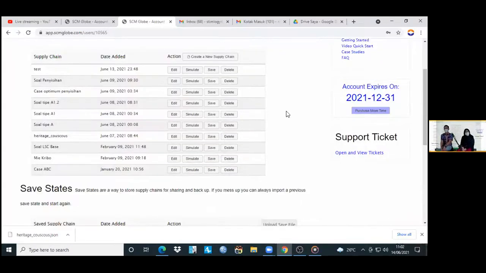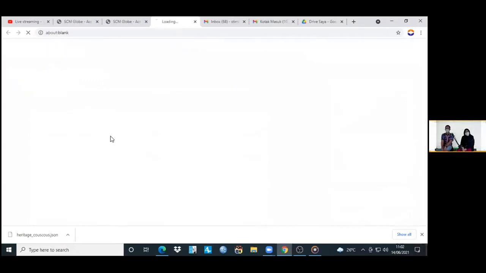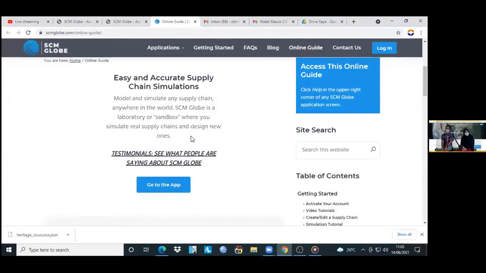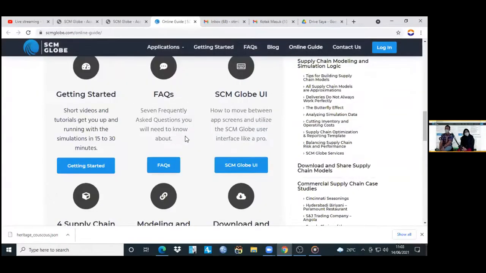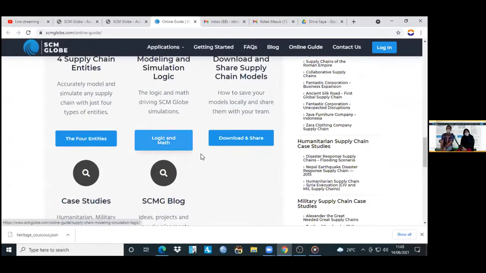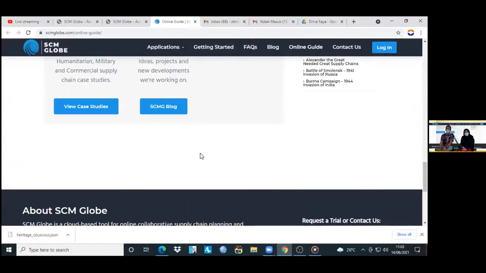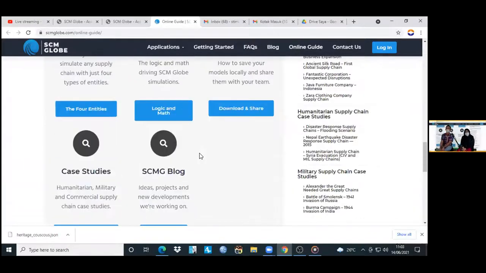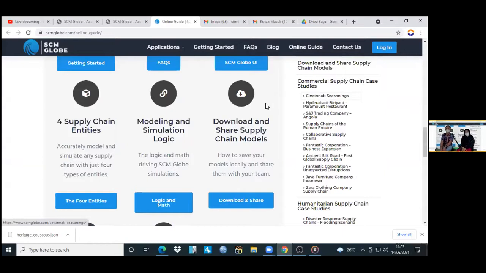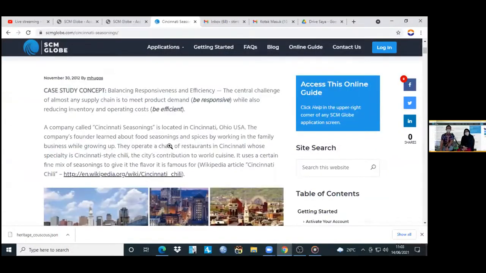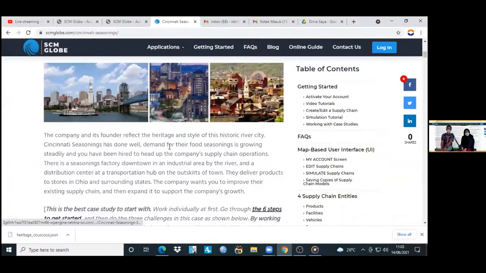Help button. Okay, scroll down. You can see on the right side below, you can find Cincinnati Seasoning. That is good for you to learn how to build the model with this example.